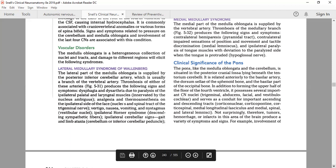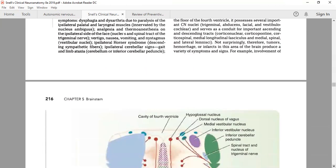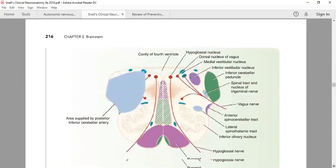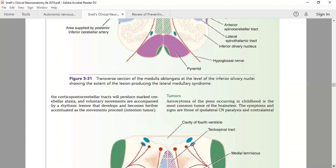symptoms and signs. For example, involvement of the corticopontocerebellar tract will produce marked cerebellar ataxia, and voluntary movements are accompanied by a rhythmic tremor that develops and becomes further accentuated as the movement proceeds. Intention tremor. So first of all, we will talk about